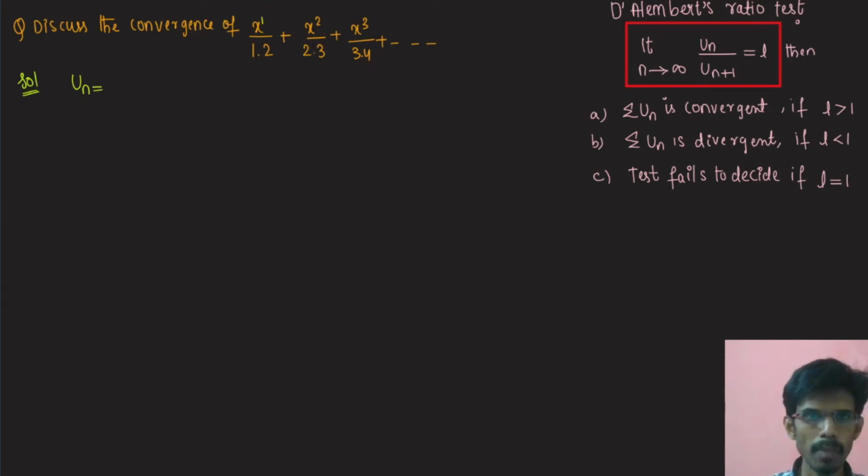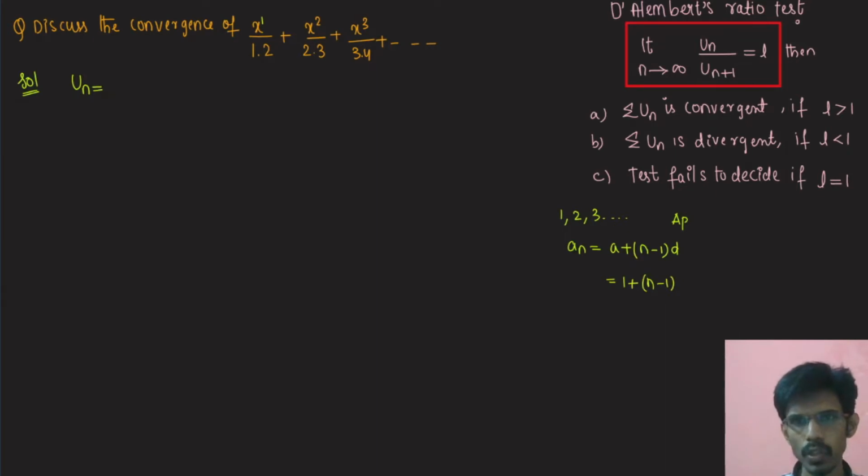See, here we have x power 1, x power 2, x power 3. So 1, 2, 3, the powers of x, are all in arithmetic progression. Its general term will be a n equal to a plus n minus 1 into d. A value is 1, n minus 1 as it is. Common difference d is 2 minus 1, which is 1. So we have 1 plus n minus 1, that is n. So we have x power n as the general term.